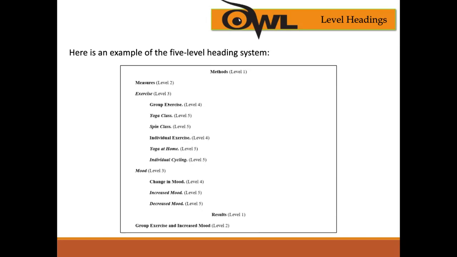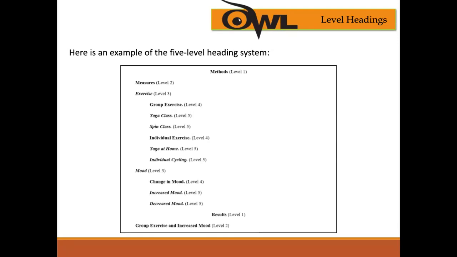So when we have exercise, we have a level heading 4, which is group exercise. So we have exercise as level heading 3, then an extension of that is group exercise. Then you can go even further with the level heading 5, different types of group exercises. We have yoga class, spin class, level heading 5. Then you can also have another level heading 4, level heading 3, level heading 2 to go further and deeper and deeper. If you, like I said, if you have done an outline, it helps you to best organize this